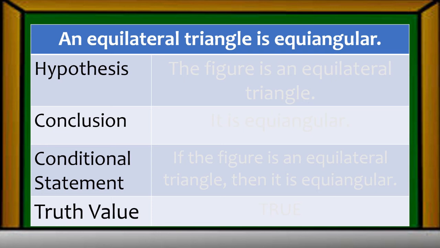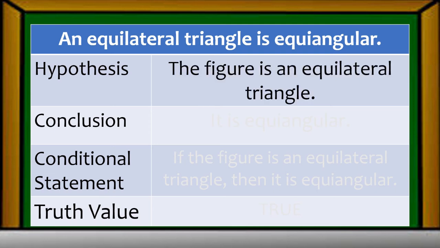Welcome back to the last part of our discussion this afternoon. Before we had our break, you were asked to change the statement to an if-then statement or conditional statement and identify the hypothesis, the conclusion, and the truth value. The given statement was, an equilateral triangle is equiangular. Its hypothesis is, the figure is an equilateral triangle. Okay, how about its conclusion? The conclusion is,